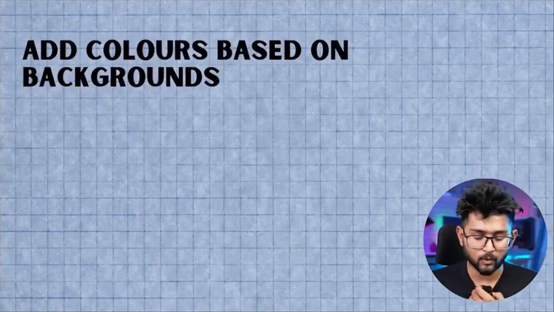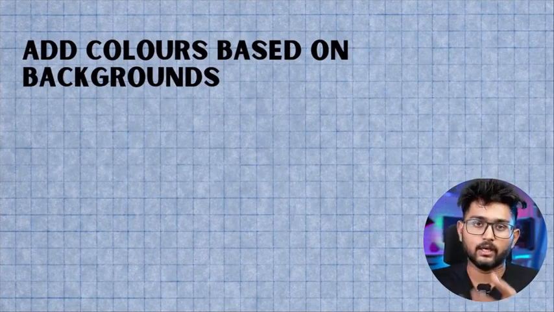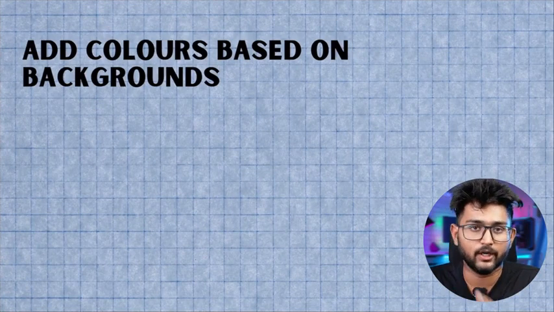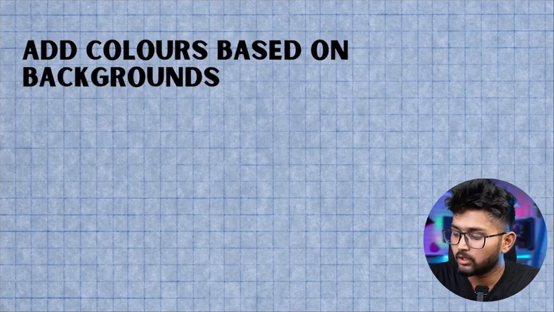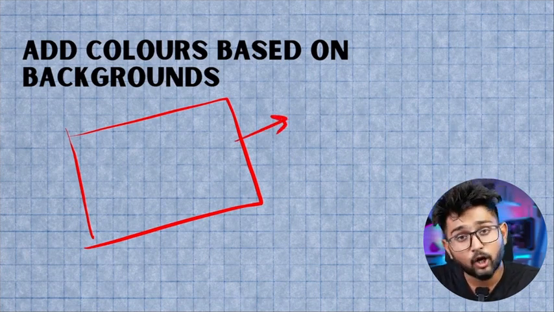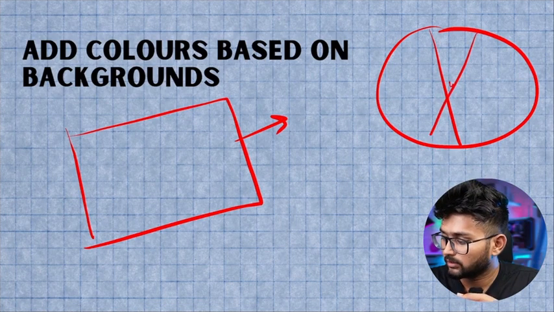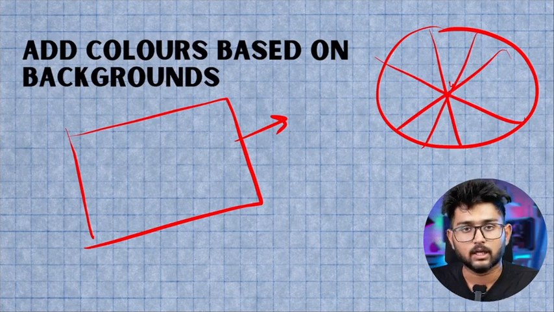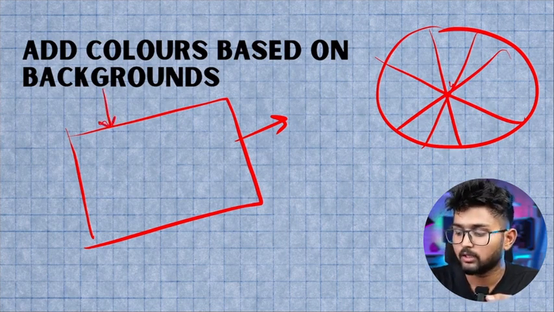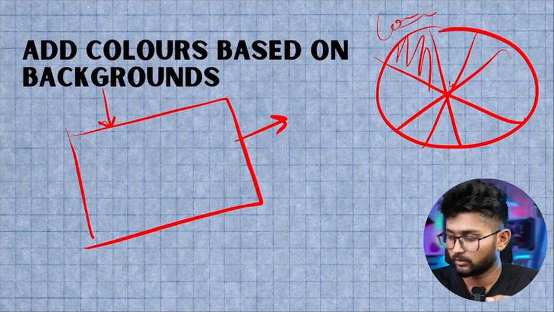right? And also one of the most important things that I want you to remember is whenever you're trying to add a text inside your video edit, try to focus on the background. What colors are there in the background? And accordingly decide. For example, there's this color wheel, right? This is a color wheel. So whenever you're editing a video, look at the background color and either use things which complement it, right, or